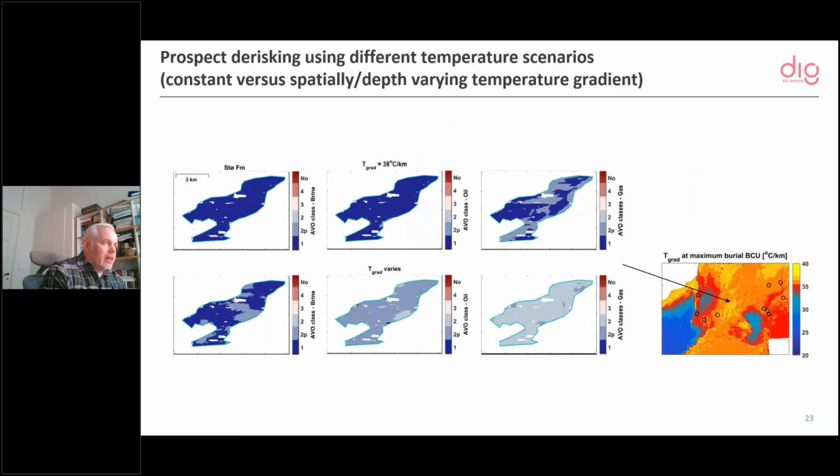And then here is the application of this towards a prospect. So we select a prospect somewhere in between, and then we can also look at, here's the brine class in blue is class 1, and it's staying pretty much class 1. But actually, if you use the varying temperature gradient map that we had here, we actually see that there are changes going from brine with a dominantly class 1 to P to a more class 2 for the gas and maybe 2P for oil. So this is, of course, interesting to see that you can fine-tune and get into an area. It's more important to be correct in your properties and not just assume something.